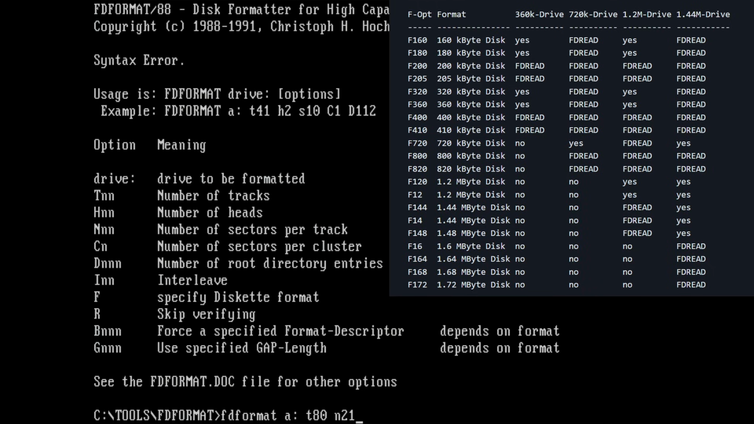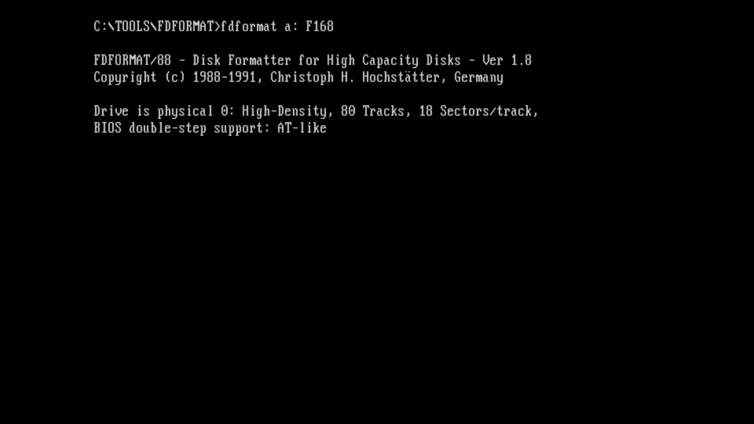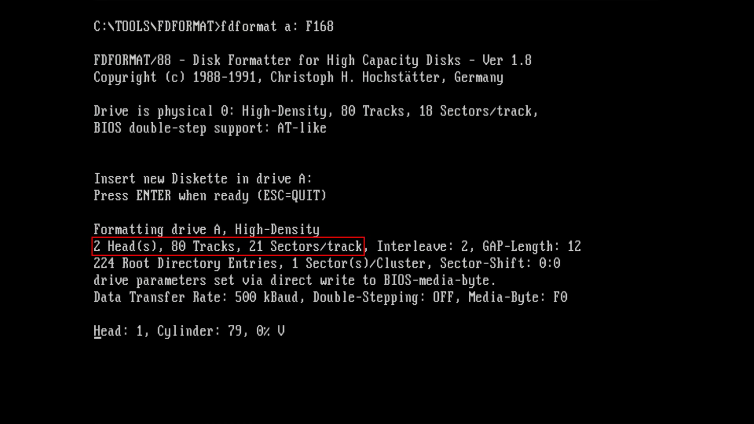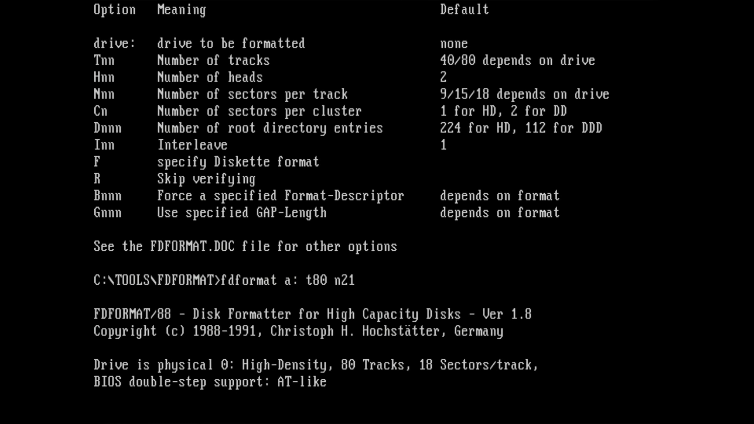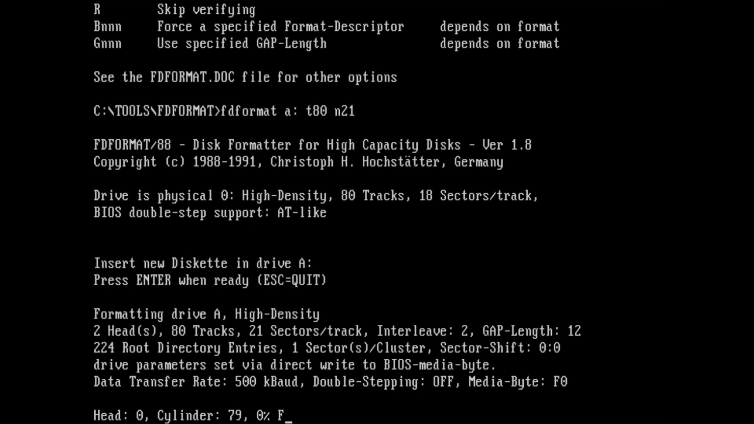Instead of specifying the tracks and sectors, you can simply specify F168 as a parameter. This is the same as formatting the disk with 80 tracks and 21 sectors per track. While the tool is formatting, we get more information about the floppy, most of which can be controlled with extra parameters. We have a double-sided floppy disk, which is implied here by mentioning 2 heads, 80 tracks per side and